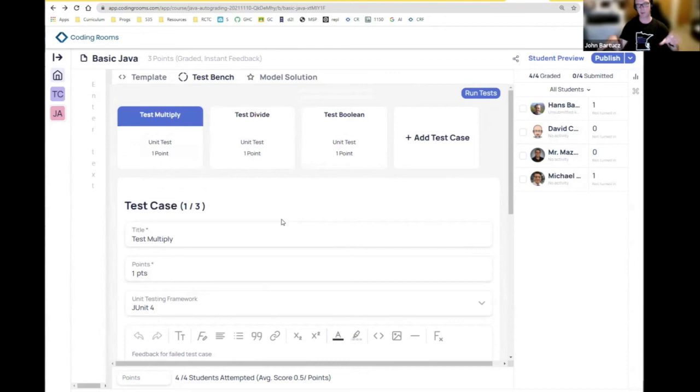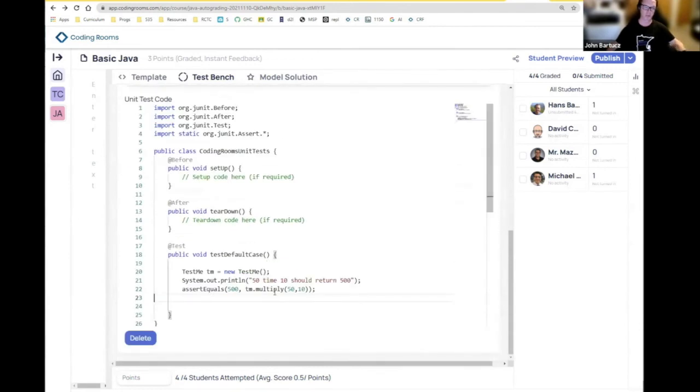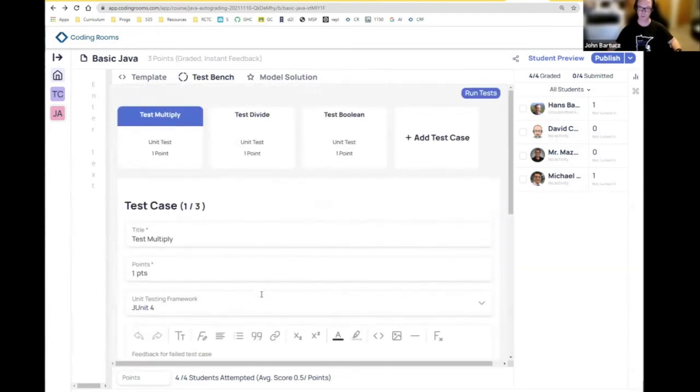For example, if I were actually assigning this, I would have test multiply, and I might have 2 or 3 of these really simple ones in one test case. Then I would create another one with a randomized for loop of 1,000 different ones, or 100 different, or whatever it is,